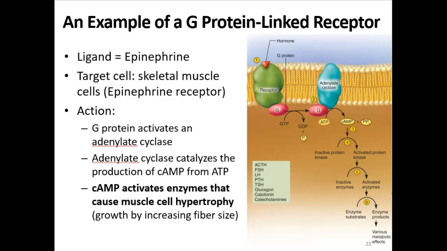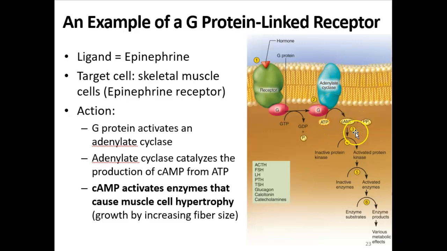And in your body, your skeletal muscles use this in chemical signaling to respond to epinephrine. So the triangle in this case is epinephrine. That's the ligand. And when it binds to the receptor, the G protein is activated, activating adenylyl cyclase, which makes